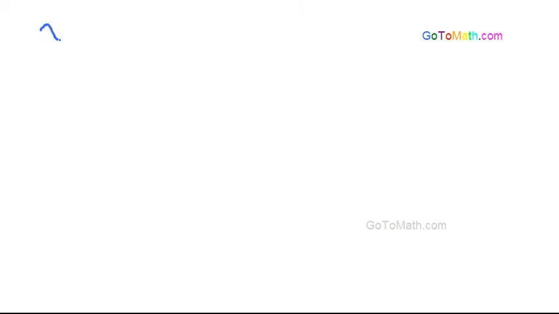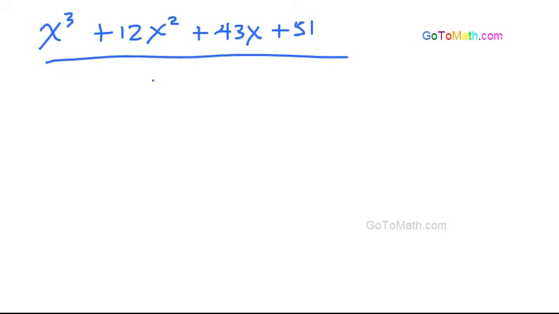Okay, so we have x cubed plus 12x squared plus 43x and plus 51, looks like. And that's going to be all over